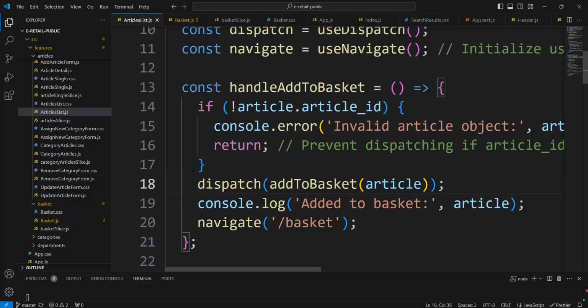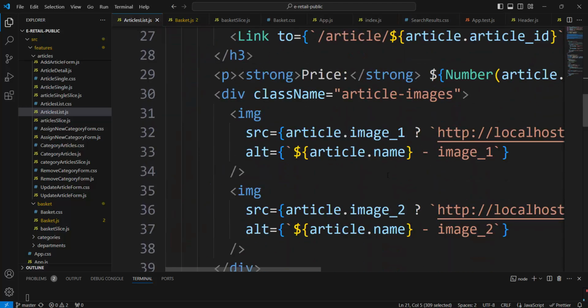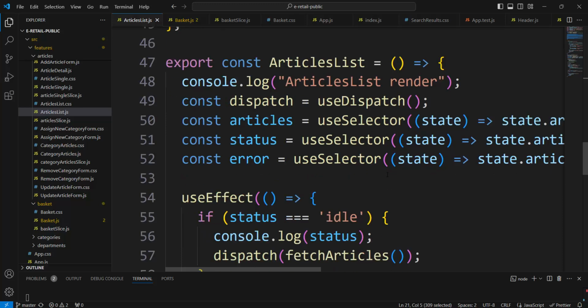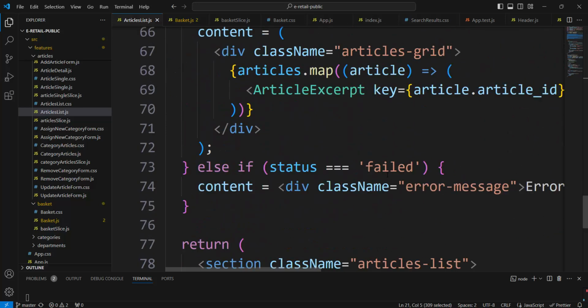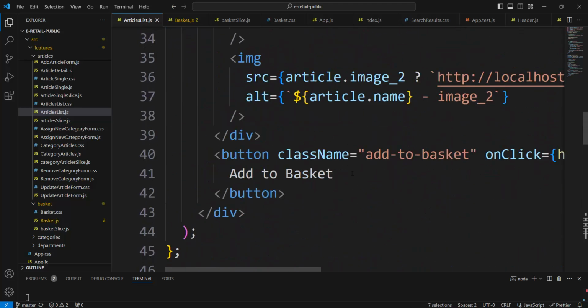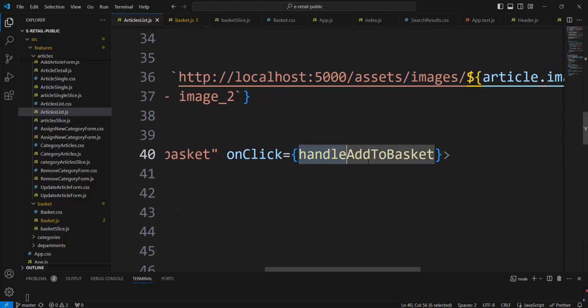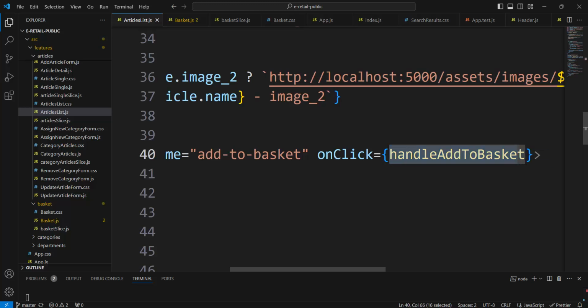My question: why all this code and creation of a separate handler to basket, when we can write, instead of this reference here, where it is, a complete